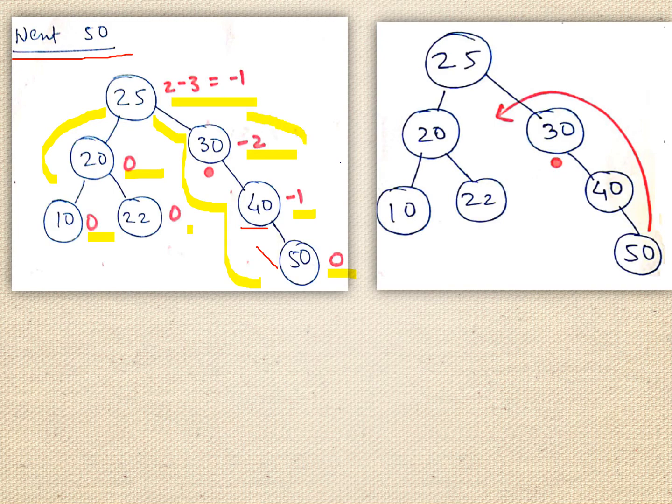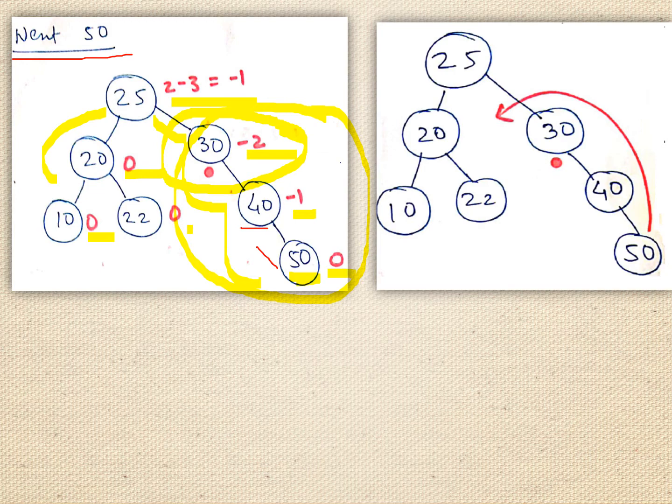Now imbalance has happened here at 30. That means we have to shift this 30 towards the left side so that this whole part gets balanced. So how can we do it? You can verify this is why it is done, because this 50 node is added to the right of 40 and then 40 is right of 30. Which kind of imbalance is it? It is the RR imbalance.